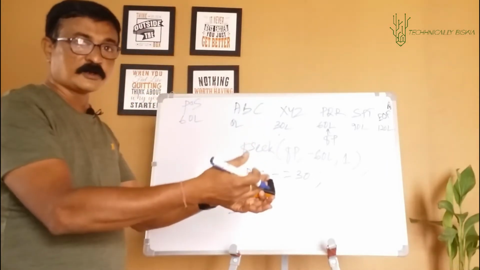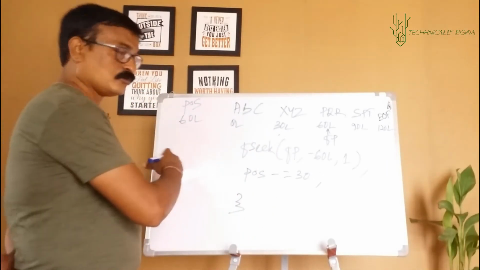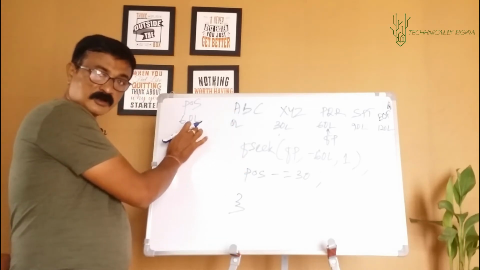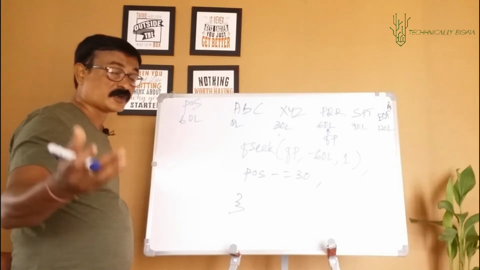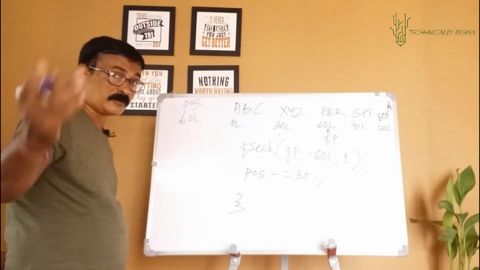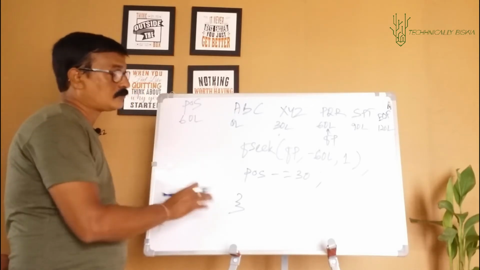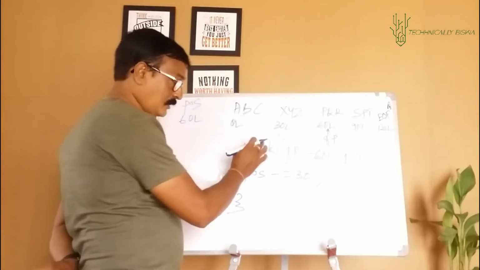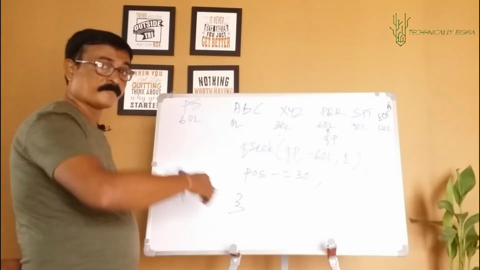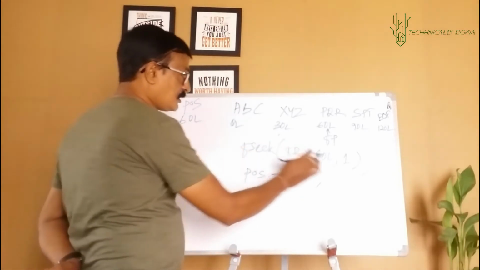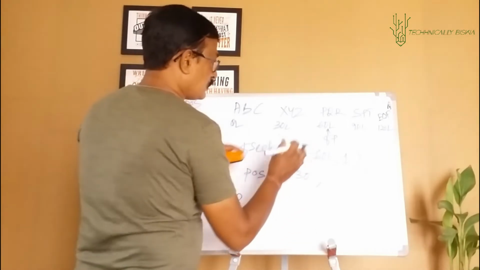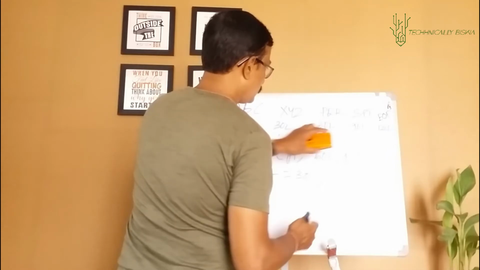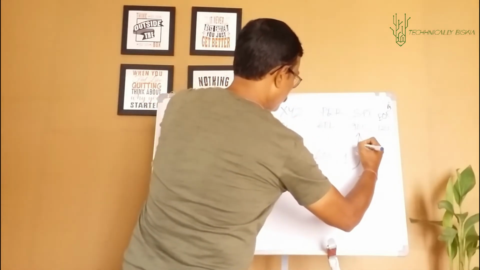Go back to the start of the loop. If you remember, the while loop will work because pos is not 0L, it is 60L. If you remember the condition in the while loop, it was pos greater than equal to 0L. So now what will happen? It will read the next string. After reading the next string, it will display it. After displaying, again fseek will take you 60 bytes back. That means this time I will be reading this PQR and the file pointer will move here.